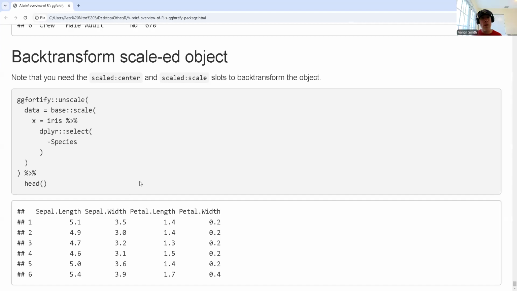All right, that's all I've got. All right, so ggfortify has a lot of utility. This has been a long video. Thank you for sticking with me. If you want a quick and easy plot without having to fuss with it, autoplot's got your back. If you want to be able to extract things from an object without having to fuss with what the slot name and the structure of the object is,